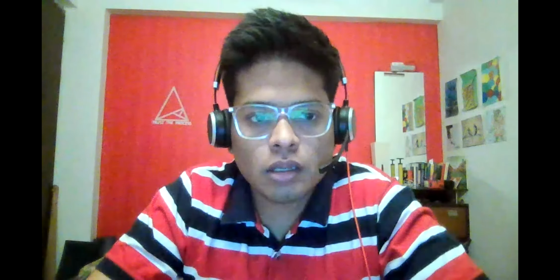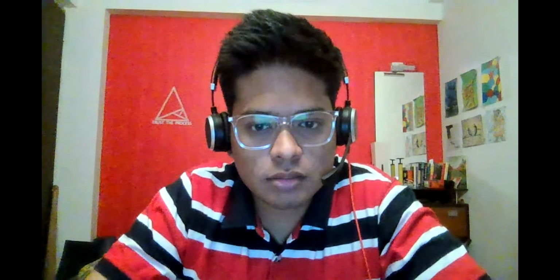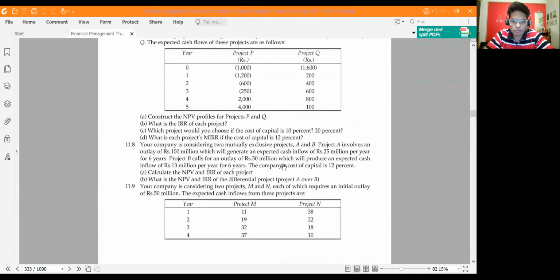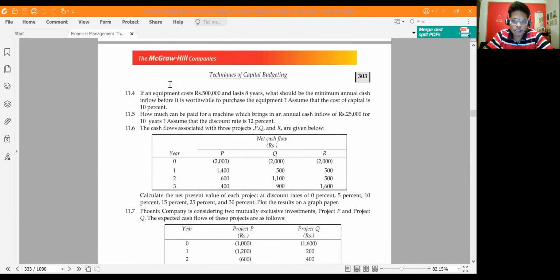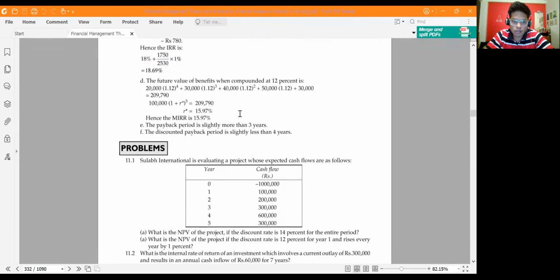Okay, welcome back. Let's get started with the next question. So I hope you understood the first question. For the second question, I'll take a similar question from the same chapter, but it's more of a case study type question. If you want to practice more, you can try these sums. Some of the questions are solved, some of them are unsolved.